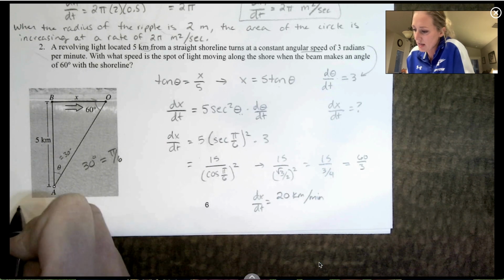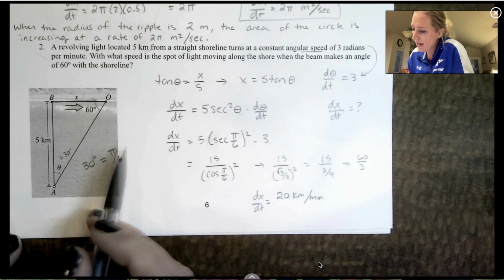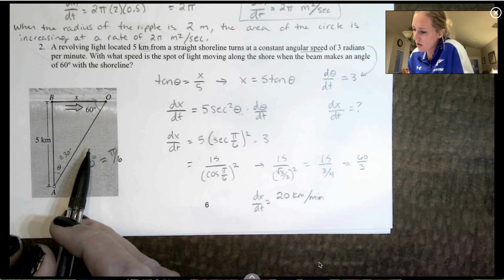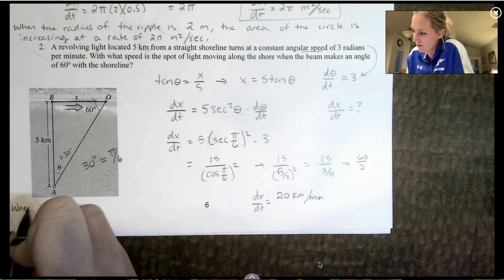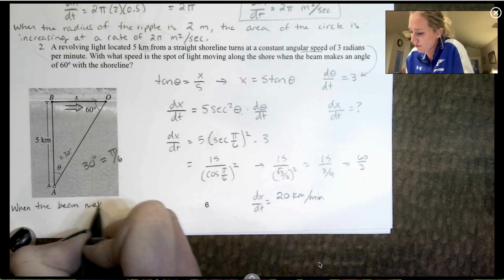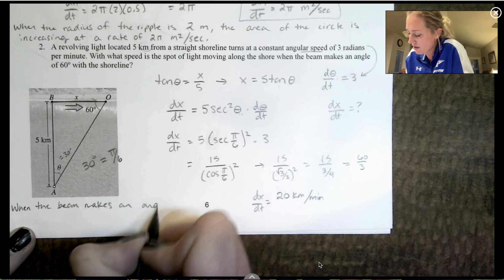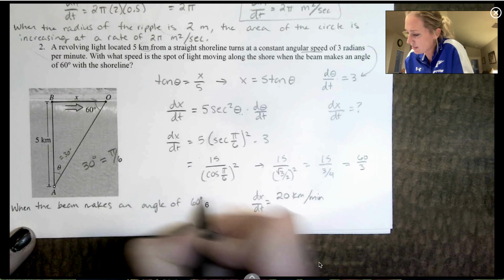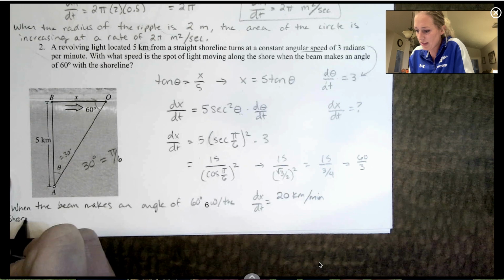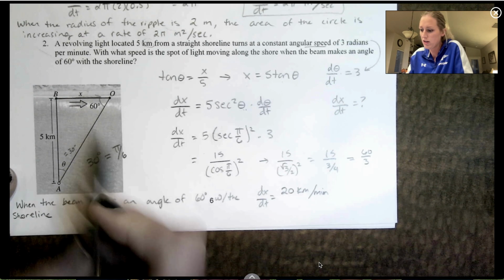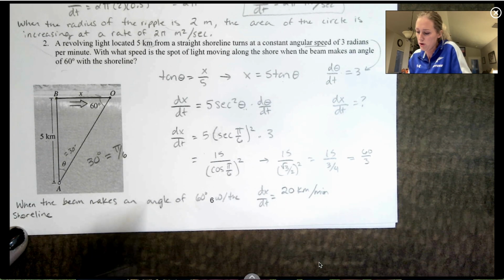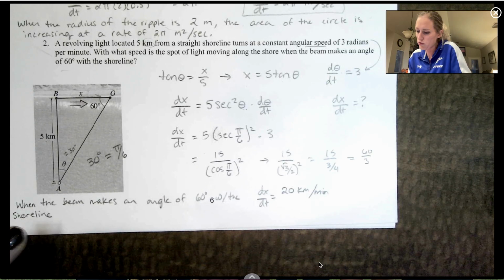We're going to say, when the beam makes an angle of 60 degrees with the shoreline. So I'm using that last sentence to help with my sentence starter. We're talking about that instant, okay? When the beam makes an angle of 60 degrees with the shoreline,